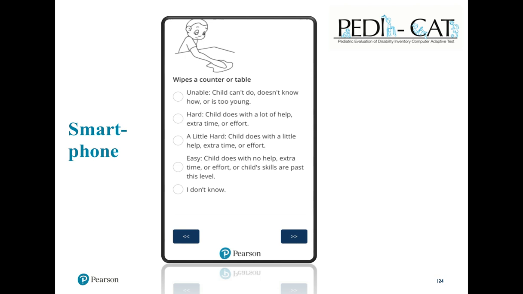And then, as I've said before, with Q Global and with PEDICAT, it can be administered on any internet-enabled device, and it can be administered remotely. So if you want to send it to a caregiver to complete, they can complete it on their smartphone. It can be completed on a